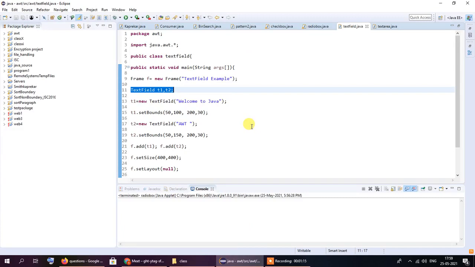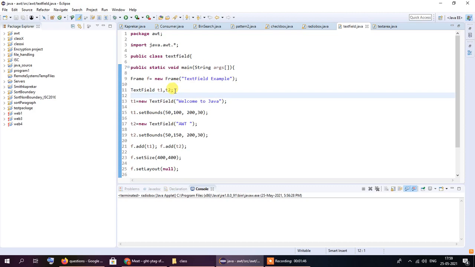So what we'll be doing here, like in previous programs, we are not going to be using the applet class. We are simply going to add the text field inside a frame. So first of all, I have imported the java.awt package because all the components that we'll be using in our program are defined in the AWT package. And next, inside our main method, in the first line we are creating a new frame, and we are assigning the title of text field example to our frame.